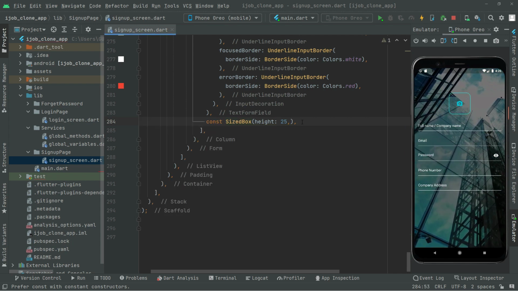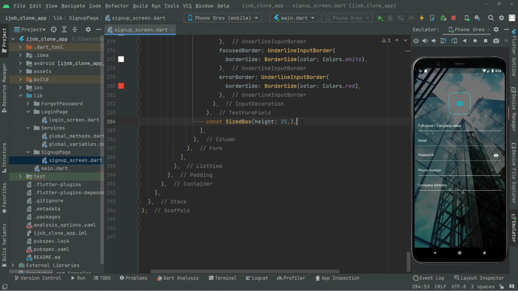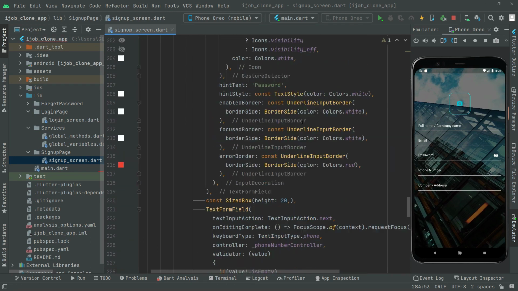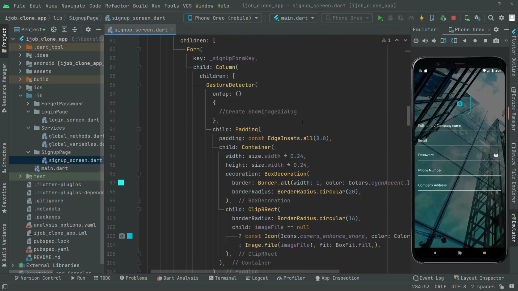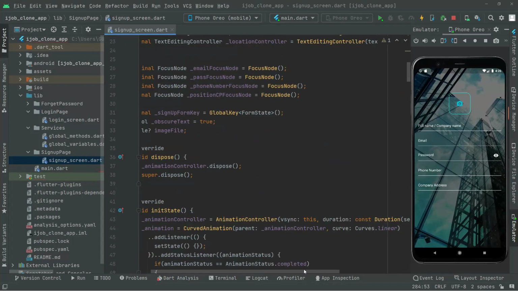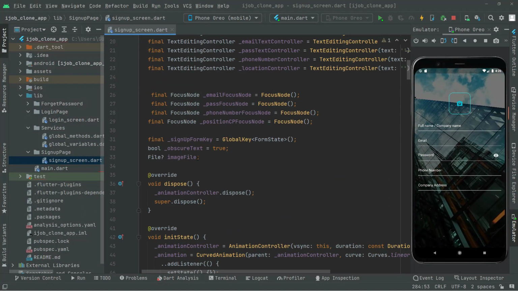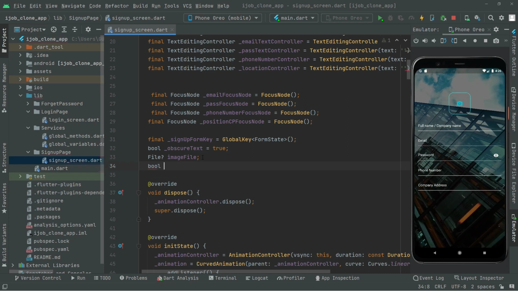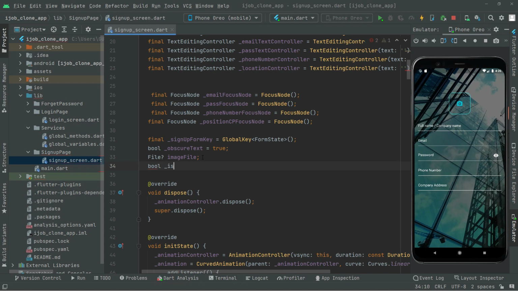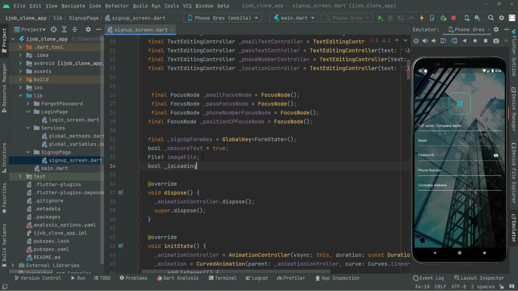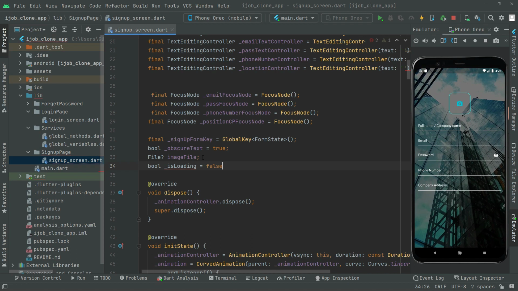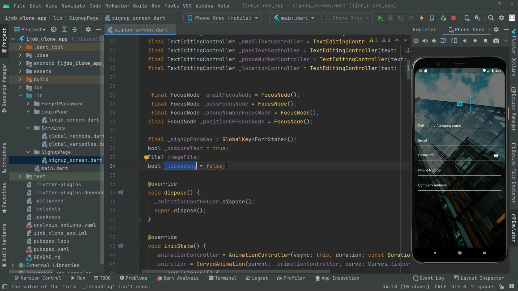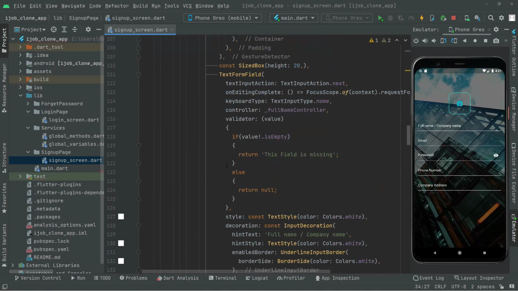Now first we will go right at top and we will declare a bool type is loading. So let's go right at top and we will declare that. Down in here we will say bool, and we're going to name this is loading. It's going to be private, and we will set it to false. So that's fine right in here. Now we will simply go and work on that right down